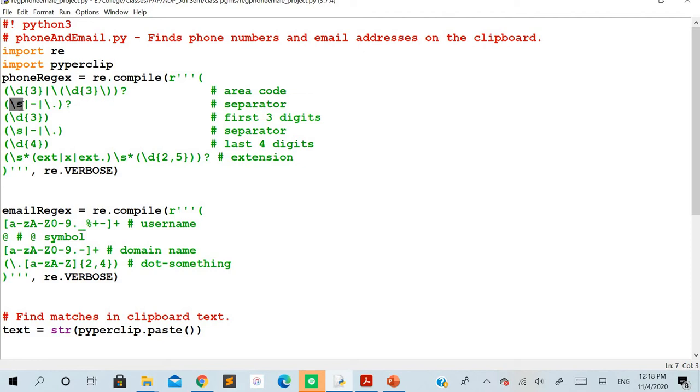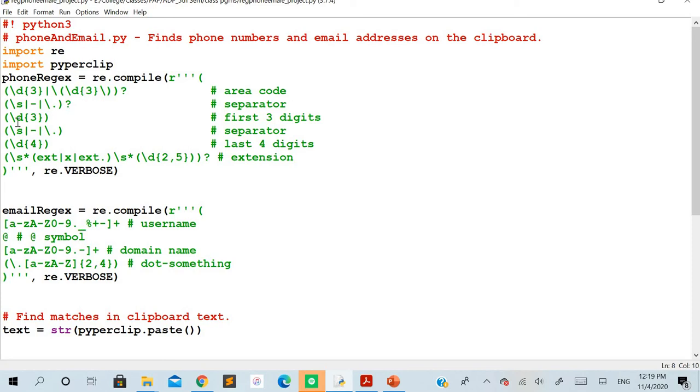So the pattern is of spaces, and again the pipe operator, and then a hyphen to be there, and again the pipe operator, and next we are matching for the dot. Genuinely we mean the dot itself, that's why it has been preceded with the backslash here. So this part of the pattern is going to search for three possibilities: either space, hyphen, or dot, followed by one or more occurrences.